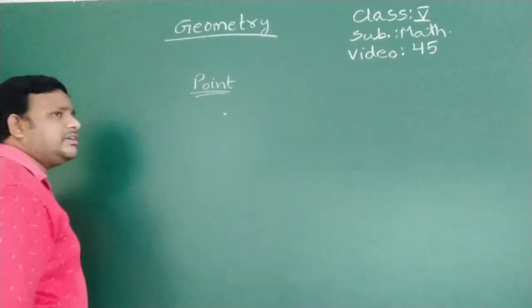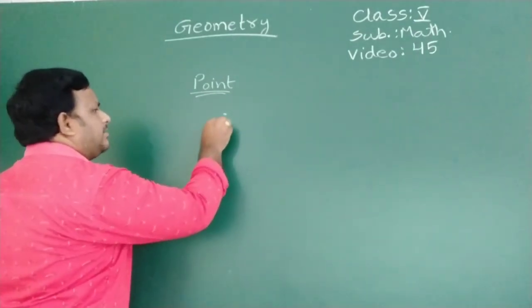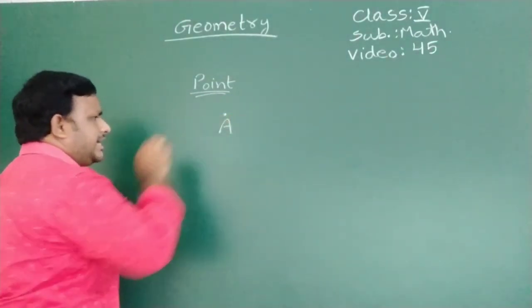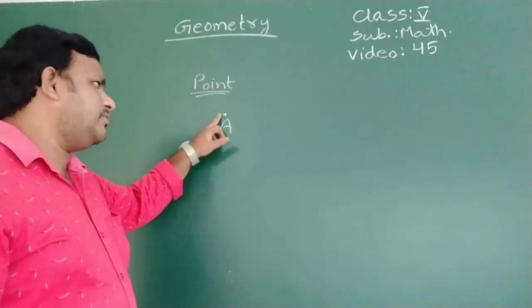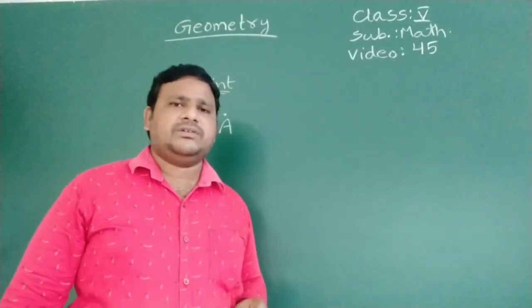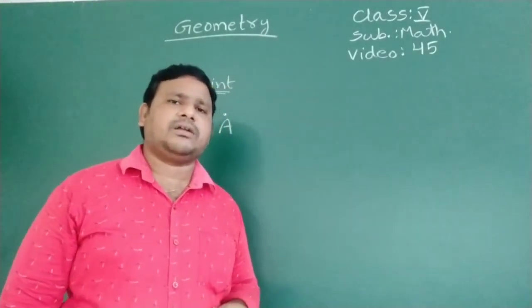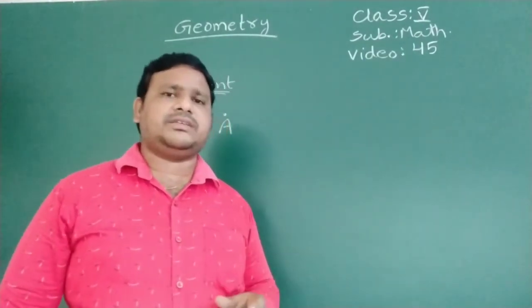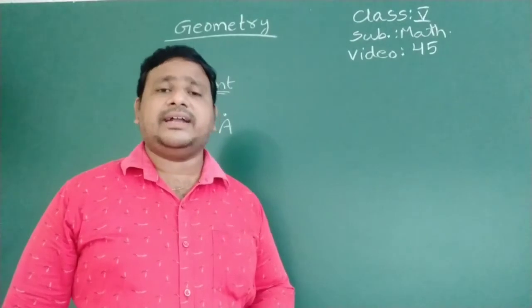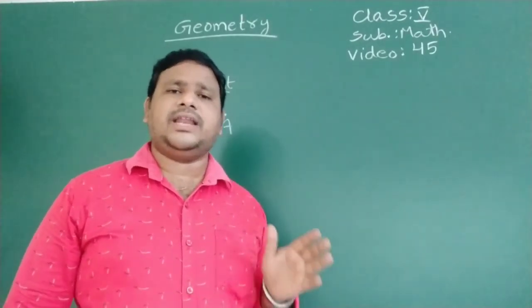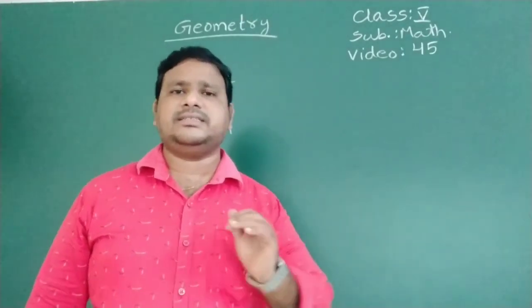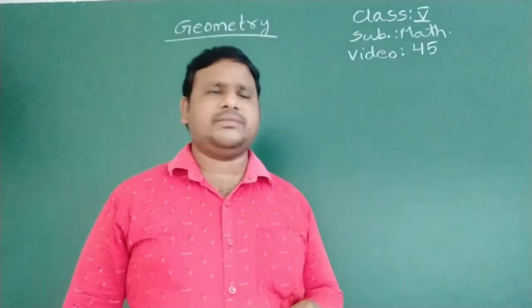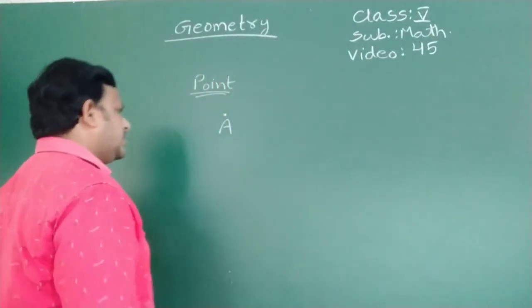And generally we will denote a point by a capital letter. Point A we will write. The name of this point is A. So a point is a mark of position. We denote the point with a capital letter and it doesn't have any length, width and thickness. Is it clear? So next one is